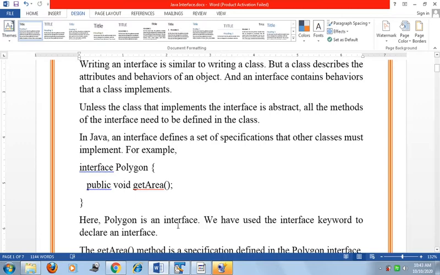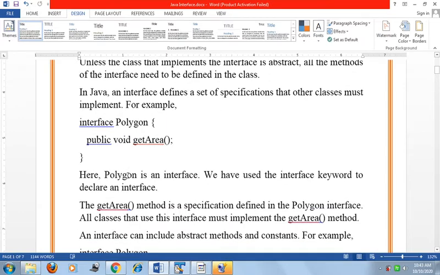We have to use the interface keyword to declare an interface, just as when we declare a class we use the class keyword, then the class name. So when we define an interface, we use the keyword interface, then the interface name. The getArea is a method, a specification defined in the Polygon interface.